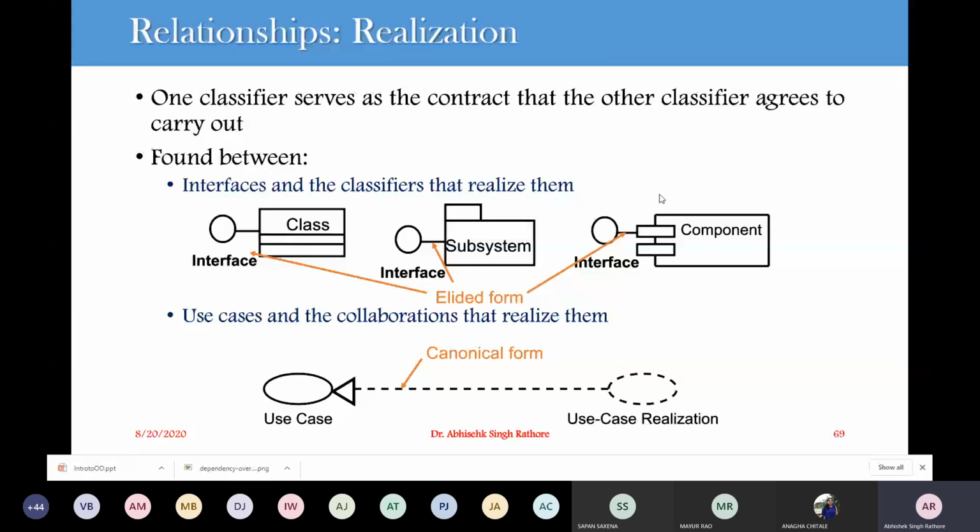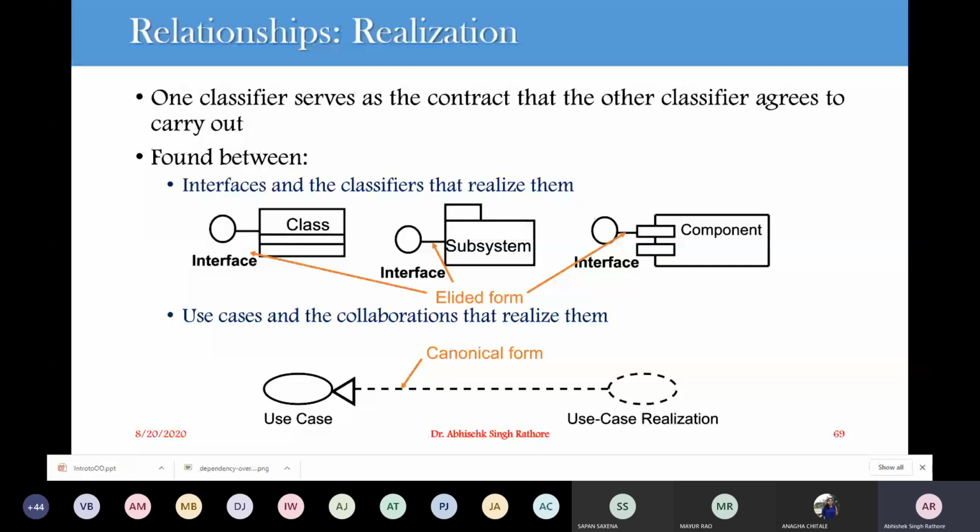This is a realization relationship. So what is a realization relationship? This is a using relationship where a realization class uses the overall class provider. So this is just a contract. One class provides some information to another class, and the other class agrees to implement all the things that the contract provider provides.